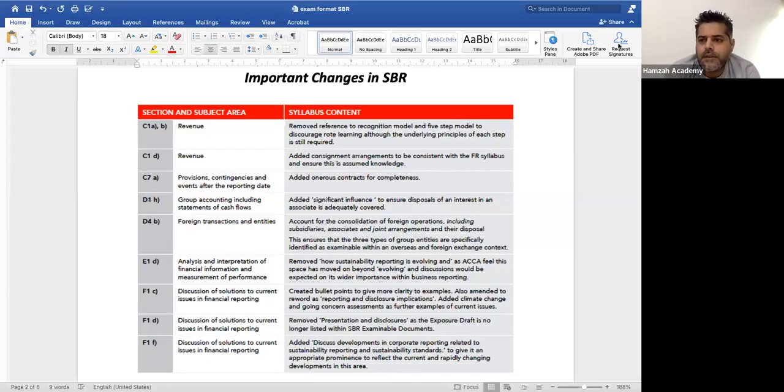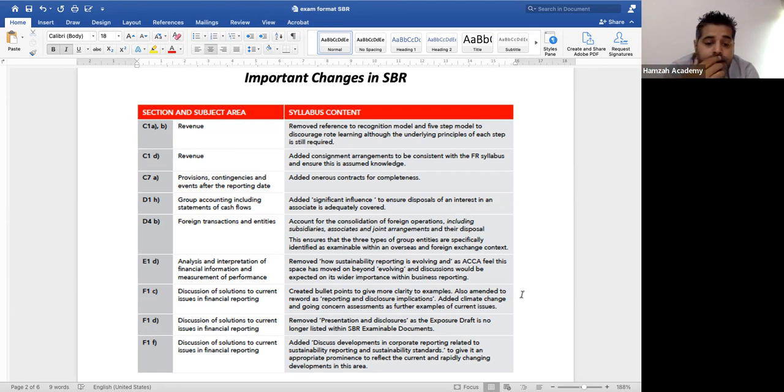Okay, talking about this climate change and sustainability reporting in the current issues. This is actually after COVID, where it has been seen that suddenly, if there is a natural crisis or natural disaster, then how the companies have to cope as far as the reporting is concerned. So this is something